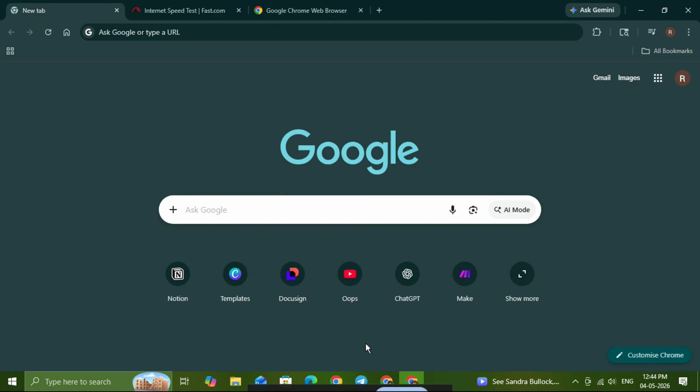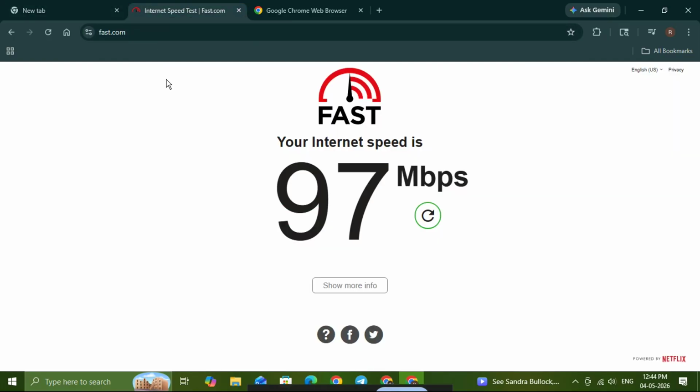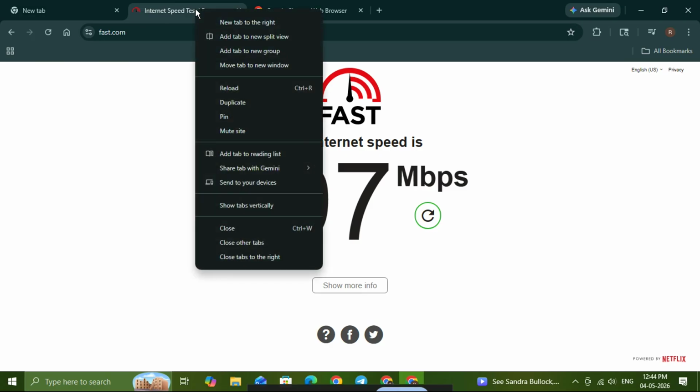First, open Google Chrome on your computer. Once Chrome is open, go to the website that you want to place in the top part of the split screen. This is important because the tab you choose first is the one Chrome will use as the starting point for the split view. Now, once you are on that website, right-click on the tab or the web page area